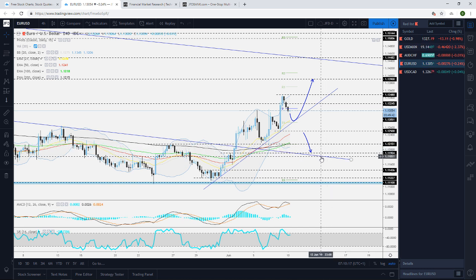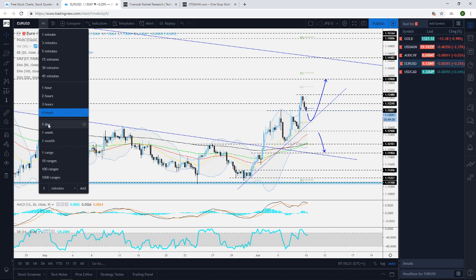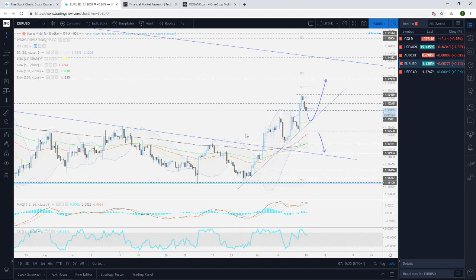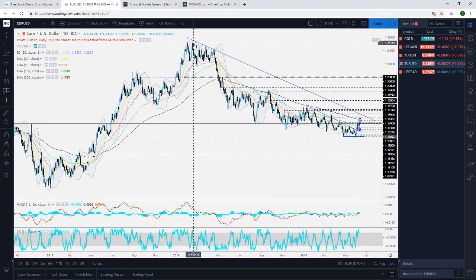This time it could play the role of support. But I also just wanted to quickly show you one thing, guys, and for this one I need to jump into a daily chart. If we see a push higher, and if we see this scenario working out where the pair will rebound from this upside line and break above the 1.1350 level, then keep your eyes on this little tentative downside resistance line here, taken from the highs of the 15th of February